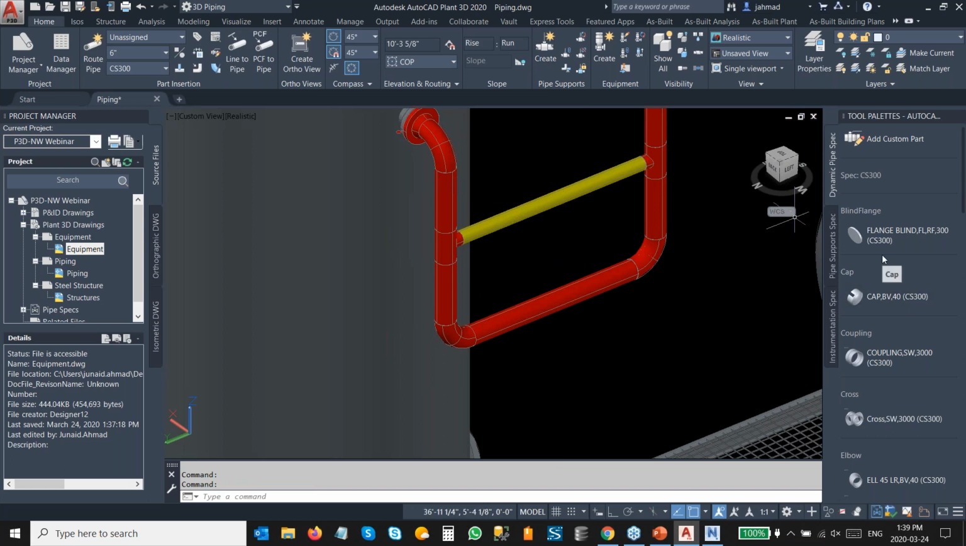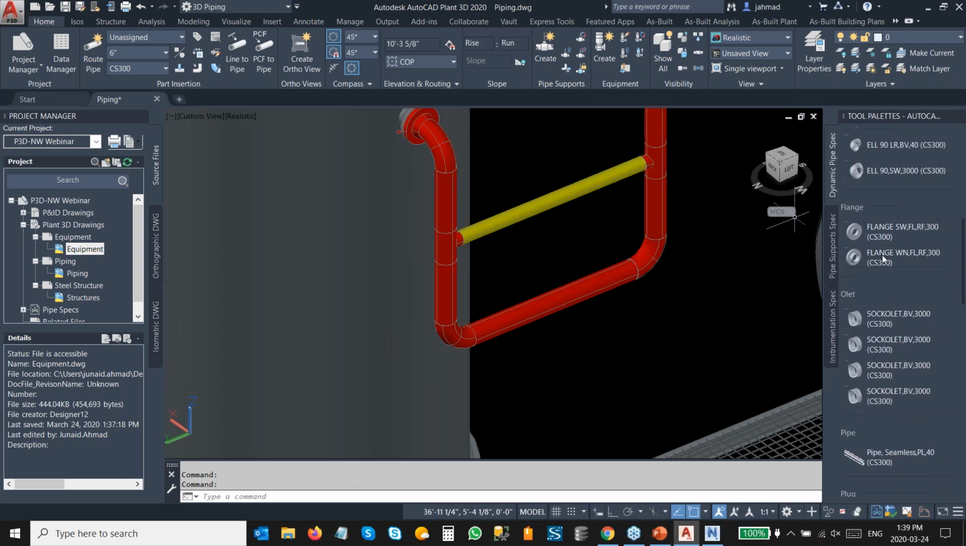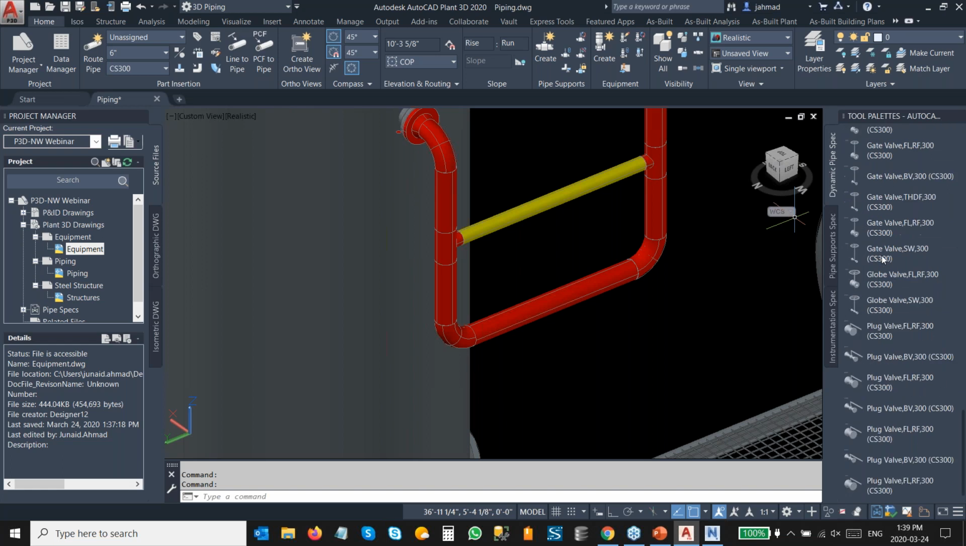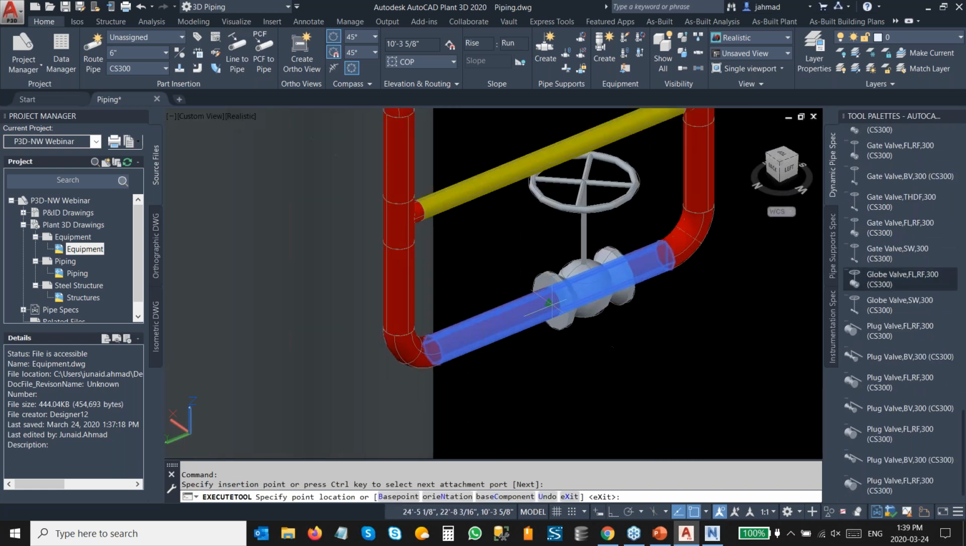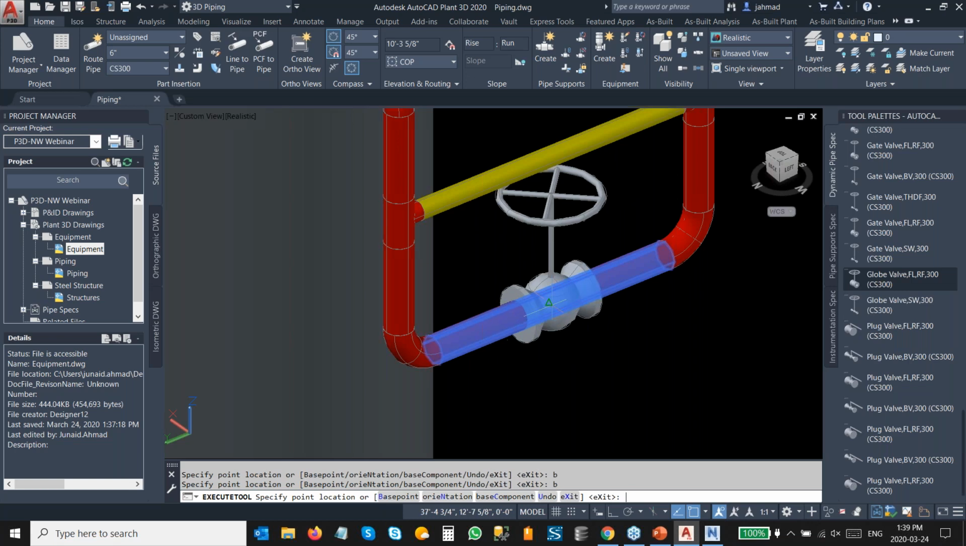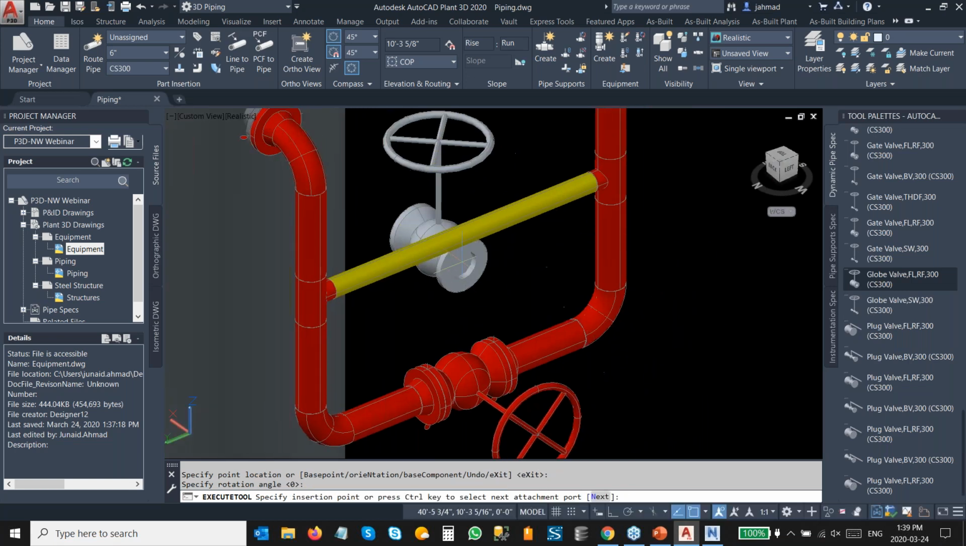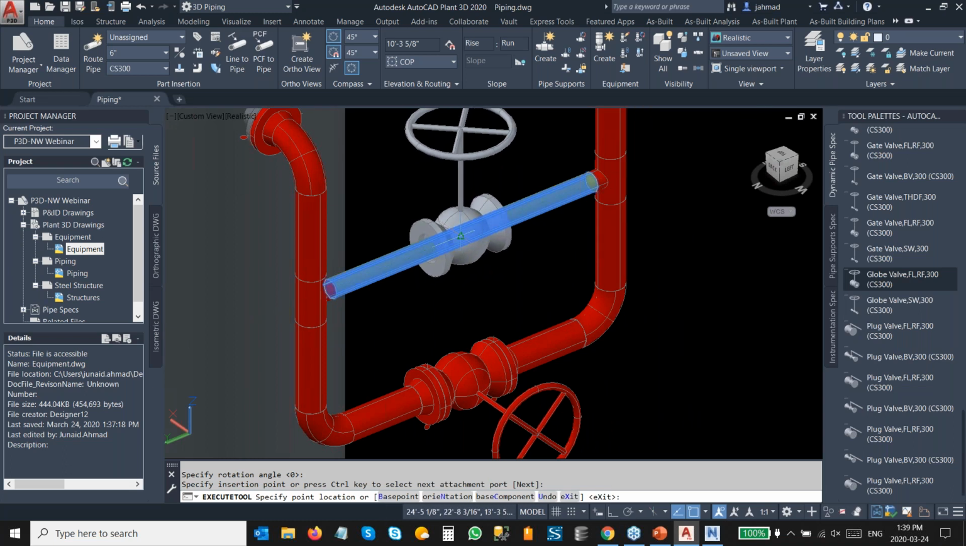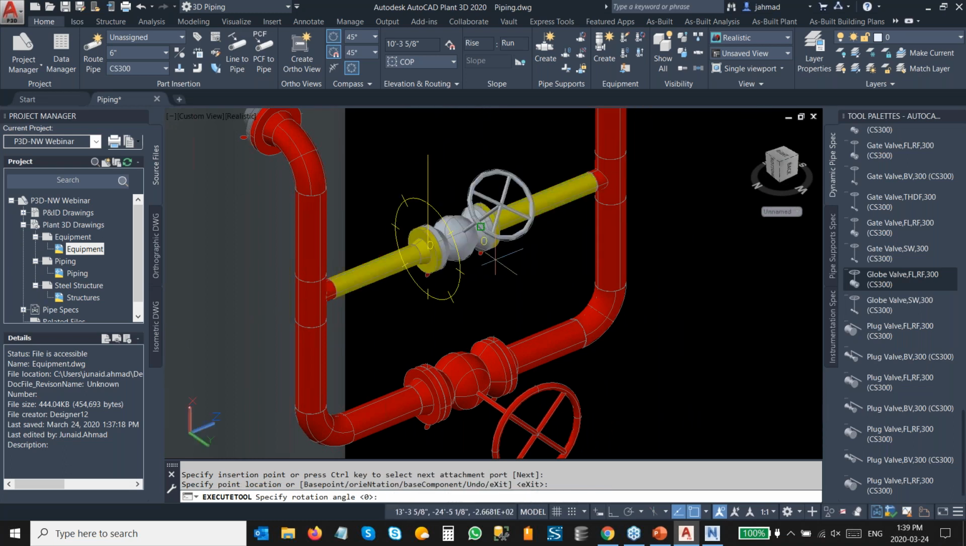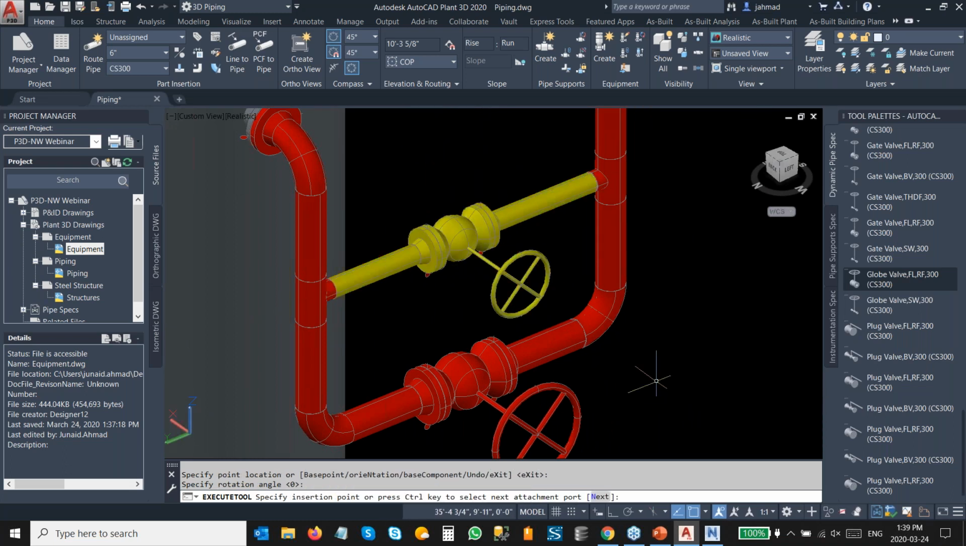Next, I'm going to place a couple of inline fittings. So I'm going to go to my tool palette, scroll all the way down to find the globe valve flange, and I'm going to place it on this pipe. Define the rotation of the hand wheel, and I'm going to place the same globe valve on this pipe as well. And you can see that the program automatically adjusts the size of the globe valve according to the size